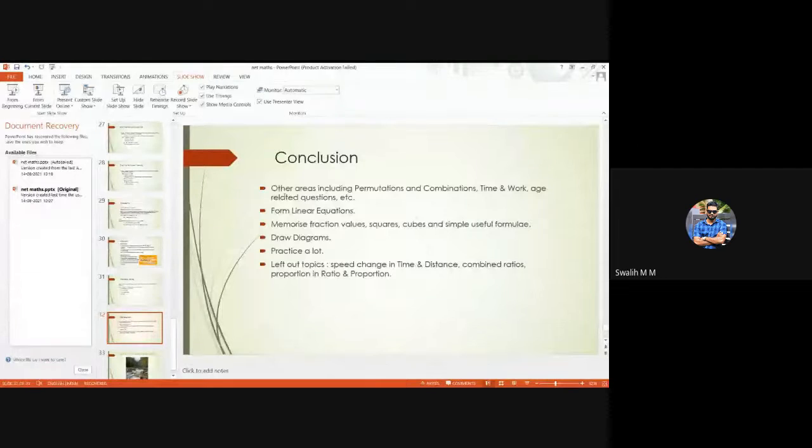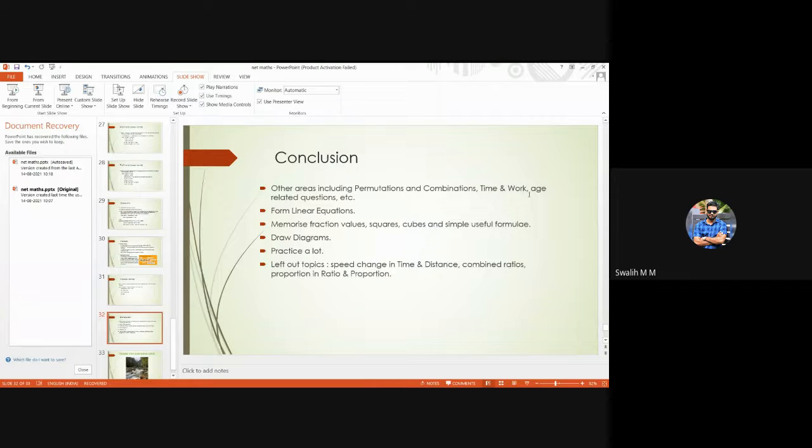Now, I've come to the end. There are some topics that are very rarely asked, like permutation and combination, time and work, and age-related questions. Age is just like the question I gave in averages. A person's age becomes 4 times after 10 years. What is his current age? That kind of question might be asked. Permutation and all takes a lot of time to study. If you know the formula, it is well and good, but it is a lot of effort for little gains. So I'm not taking this, and probably you can skip this.